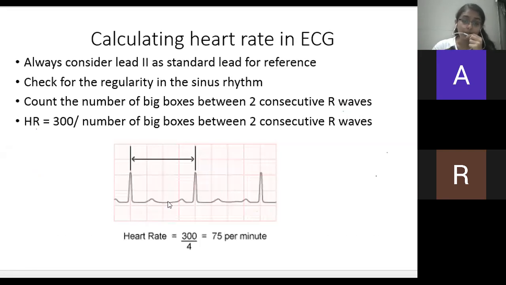So now what is sinus rhythm? Sinus rhythm is when there is a P wave, then a QRS complex, then a T wave. Every P wave followed by a QRS complex and ended with a T wave is a sinus rhythm. Say there is a P wave, there is QRS, but no T wave. Sometimes there may be a T wave, there is no P wave, and there is direct start of the QRS complex. So that is a disturbance of sinus rhythm. So first of all, always check for the sinus rhythm, and then check for the number of big boxes. I am not sure if you guys can see, but I'll just highlight it for you.